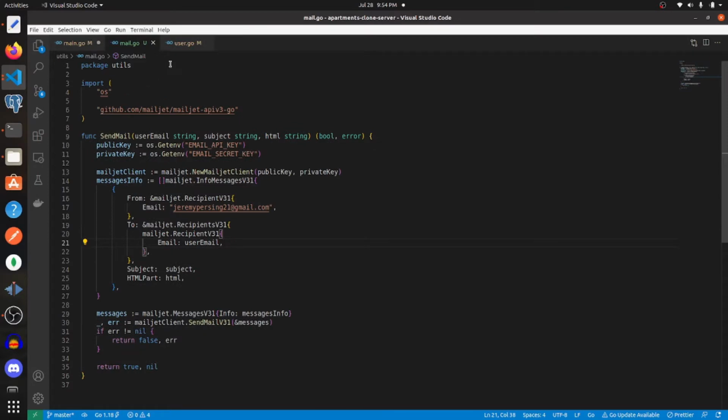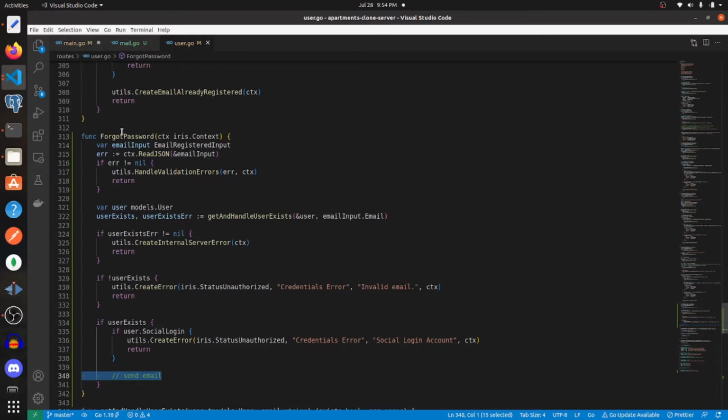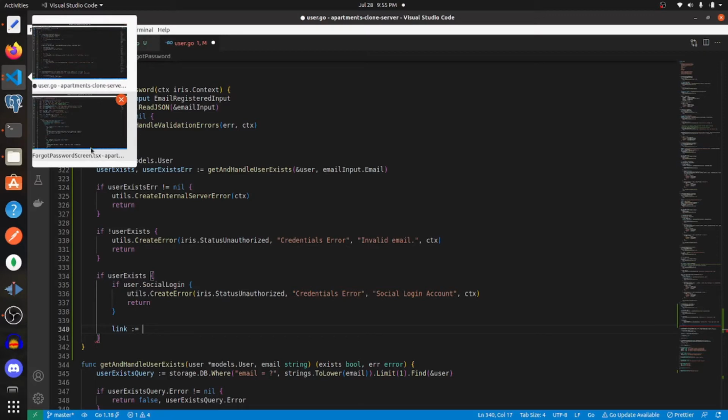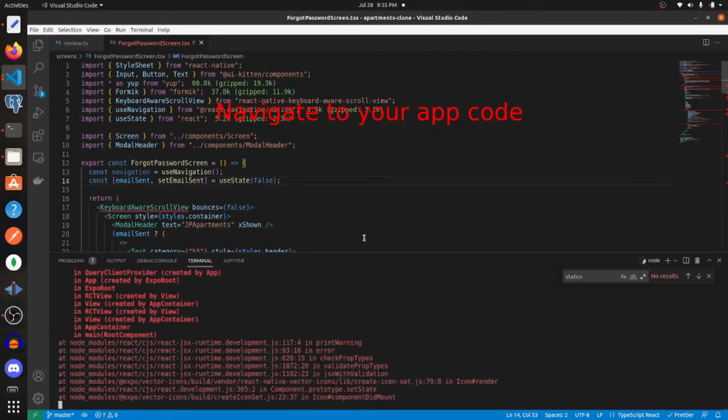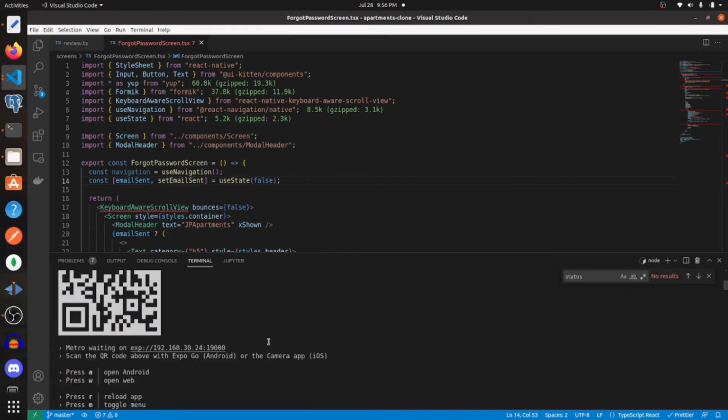All right, so with that added, let's go back to our user file and back to our forgot password function. So the first thing that we'll do here is create a new variable called link, and we need to create a deep link into our app. And in order to do that, we need to see where our app is being hosted. So I ran Expo start earlier, and here you can see where it is being hosted. So we need to copy this,